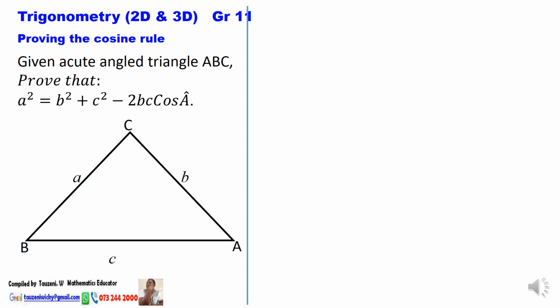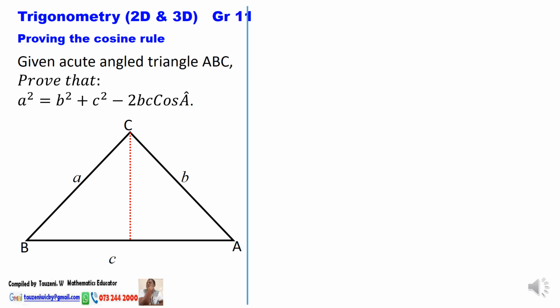Let's look at how to prove the cosine rule in an acute angled triangle. Given acute angled triangle ABC, prove that a squared is equal to b squared plus c squared minus 2bc cos A. The first thing to do is to draw the perpendicular height of the triangle from point C, which is